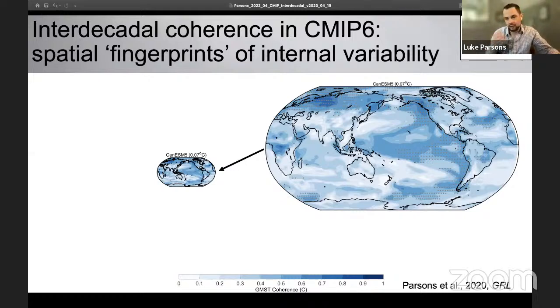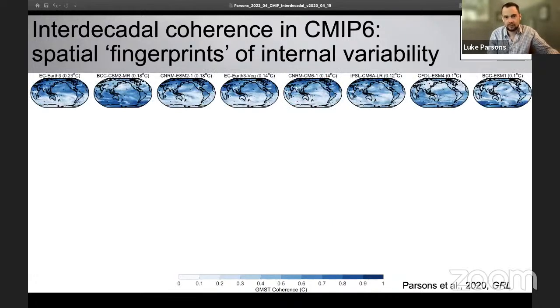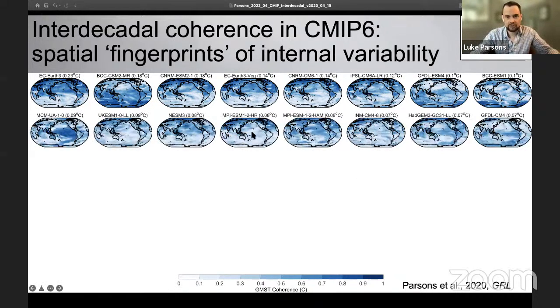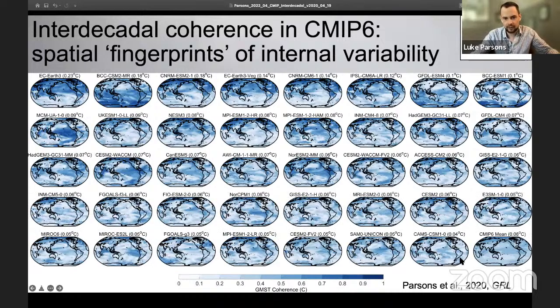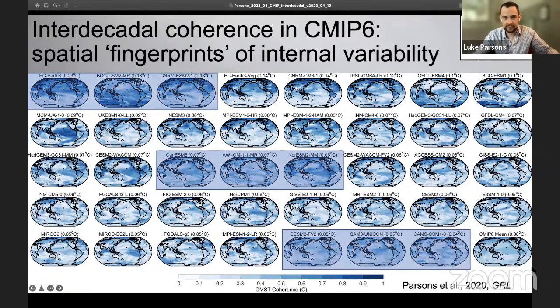What if I did this calculation and showed you a coherence map across all of them? What do the fingerprints of global mean surface temperature variability look like across the whole CMIP6 archive? So what I've done here is run this calculation, made this map, and now I'm displaying the results from the most variable climate models up here at the top. Then we march down to the least variable climate models down here at the bottom. Too many little tiny maps to look at, I recognize, so let me focus your eye in and pull some of these out and make them bigger.